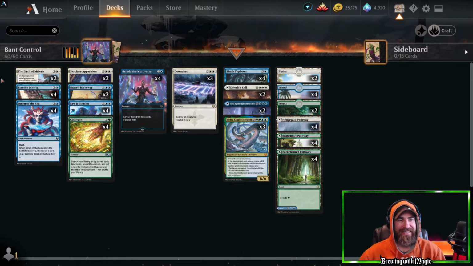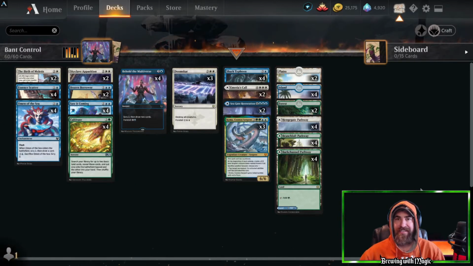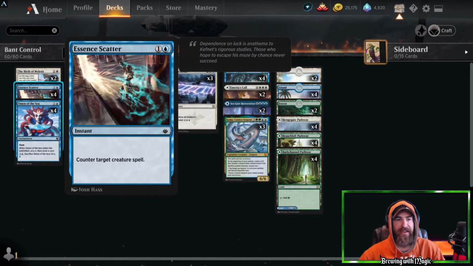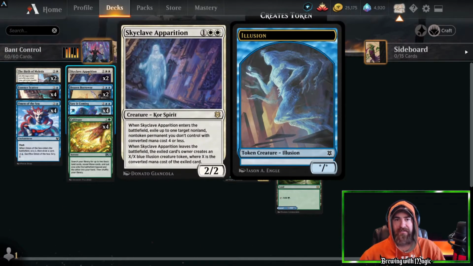So we start the deck off with 2 copies of Birth of Meletis. We only need 2 because there's only 2 Plains in the deck, so it could even be a dead card late game even at 2 copies, but that's what it is. We have 4 copies of Essence Scatter, 4 copies of Omen of the Sea, we have 2 copies of Skyclave